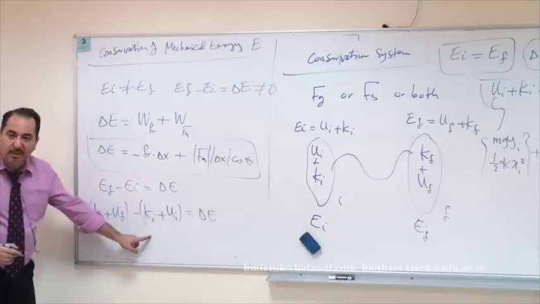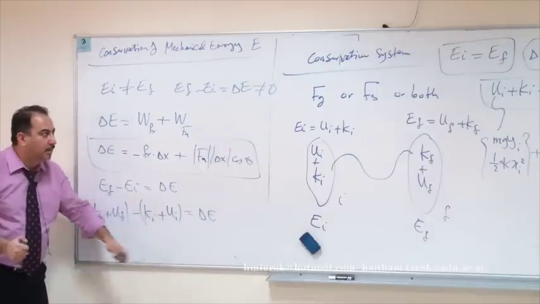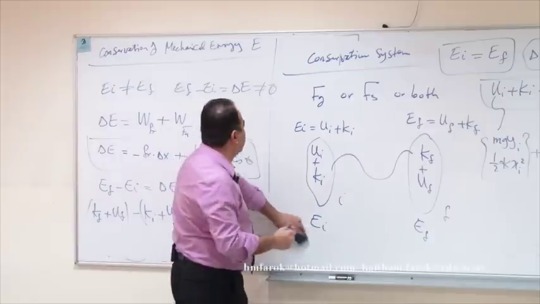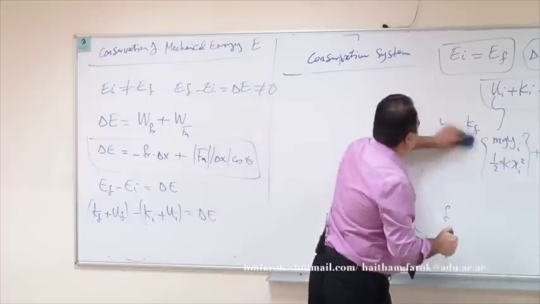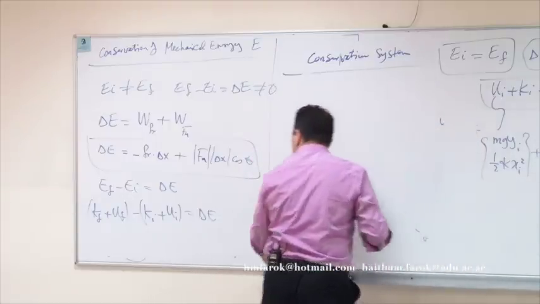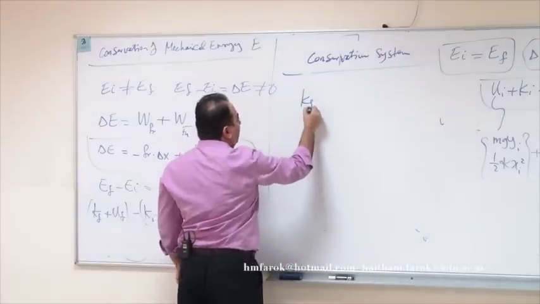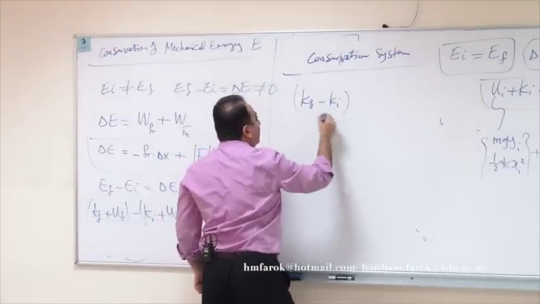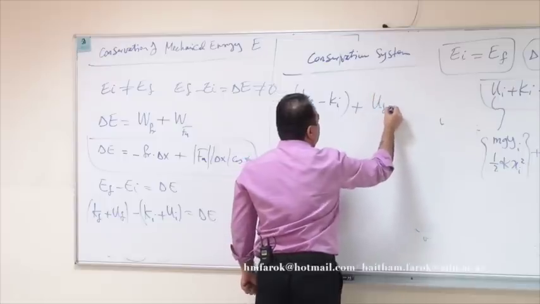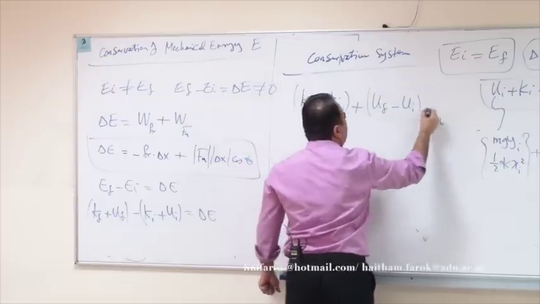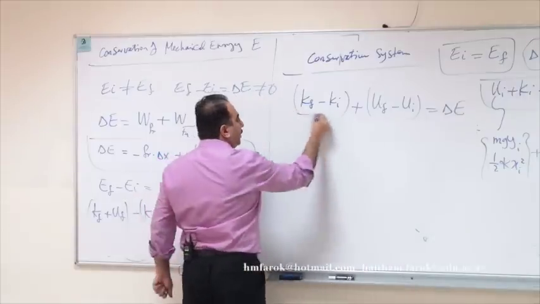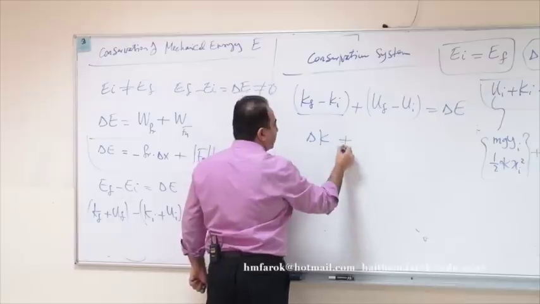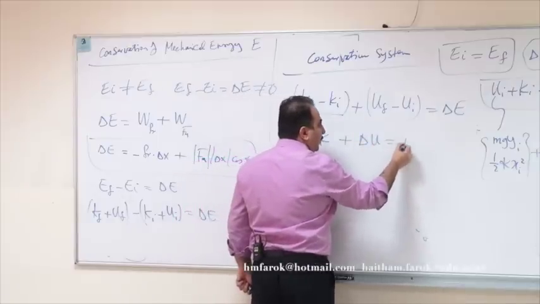KF plus UF minus KI minus UI. So you'll end up with K final minus K initial plus U final minus U initial equals delta E. What is this? Delta K plus delta U equals